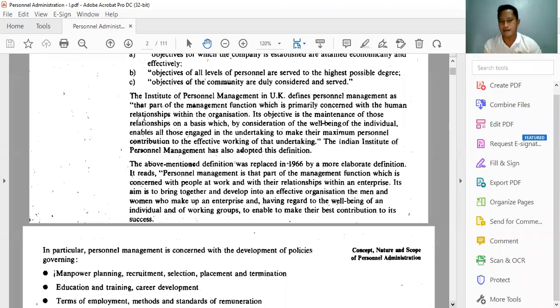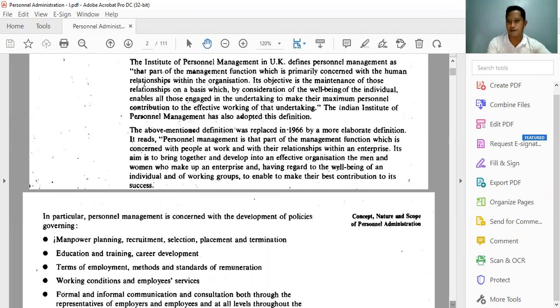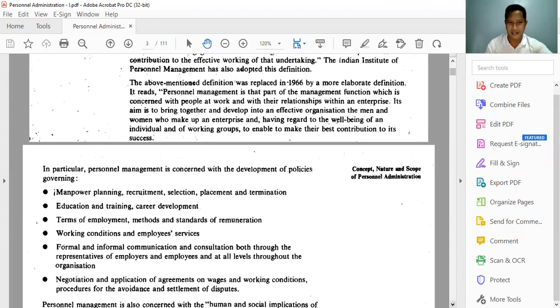If men can actually perform the job, and also women, the combination of the two is one of the important factors that help an organization grow. And yes, that is proven and tested already. In particular, personnel management is concerned with the development of policies governing: